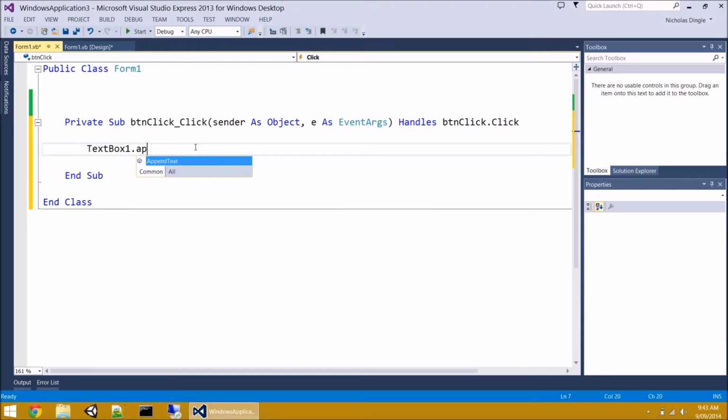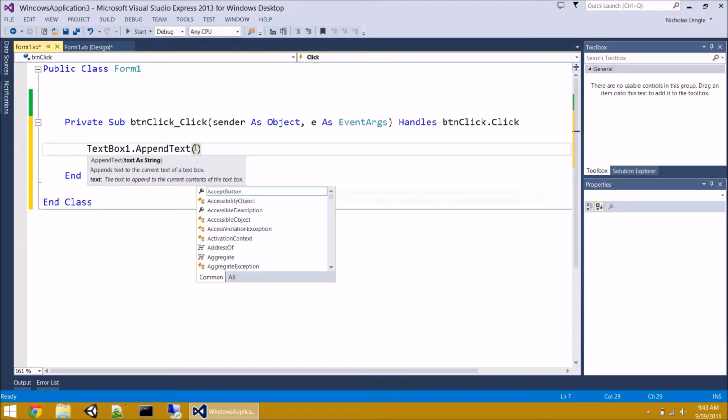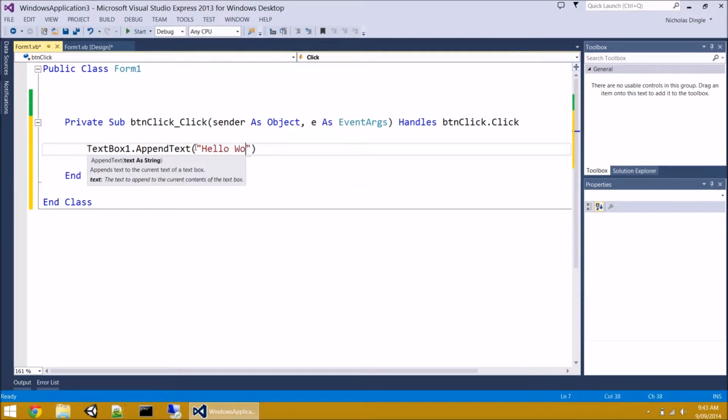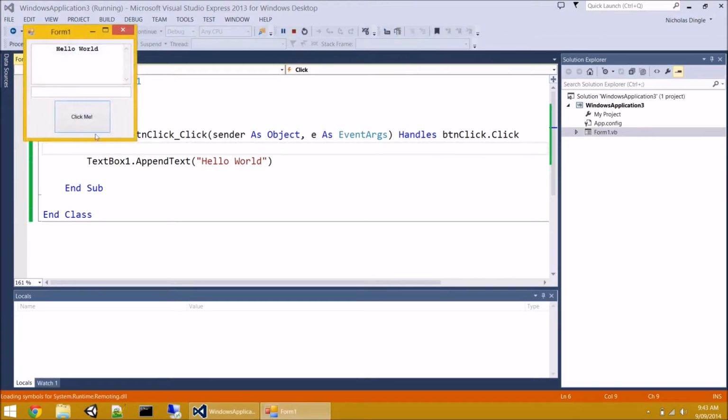The first one is append text. Now, if you don't know what append means, it means add to, or add to the end of. So if we're going to append some text, it's going to add it onto our text box, which is already there, which is pretty cool. So let's say I want to have hello world added to my text box. So if I hit start, mash my button,